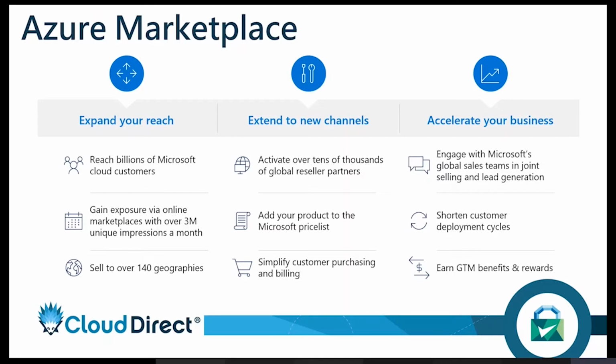You can gain exposure online. There's over 3 million unique impressions a month already within Marketplace. And it also helps you to sell geographically. Currently you might be only selling that application within the European region, for example. It enables you to sell to 140 geographies. And the other key thing is you can speak with tens of thousands of global reseller partners who are